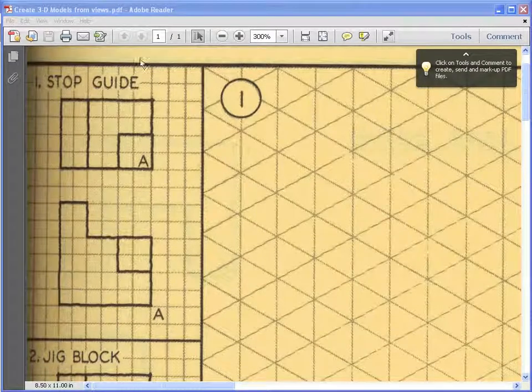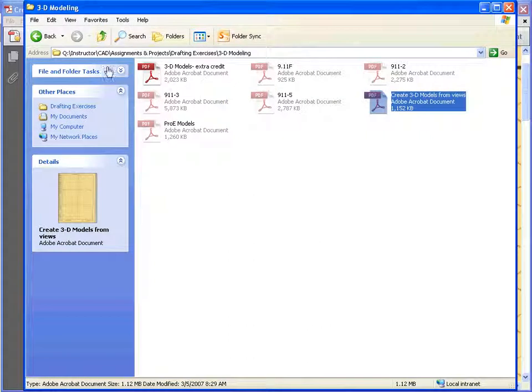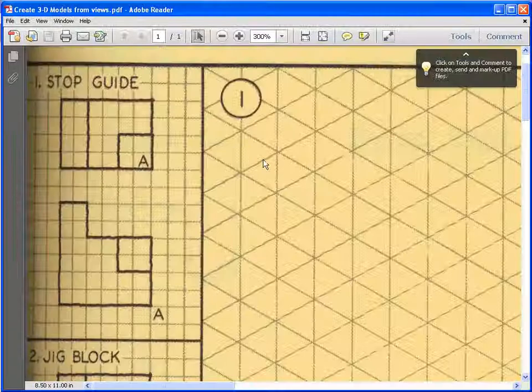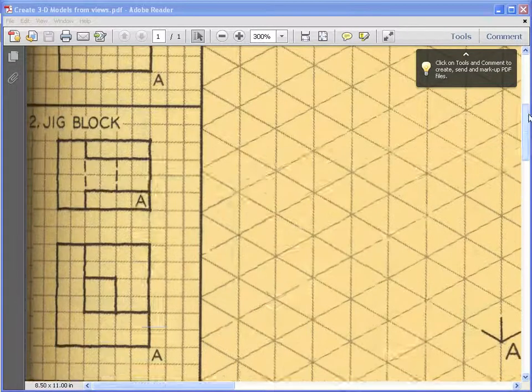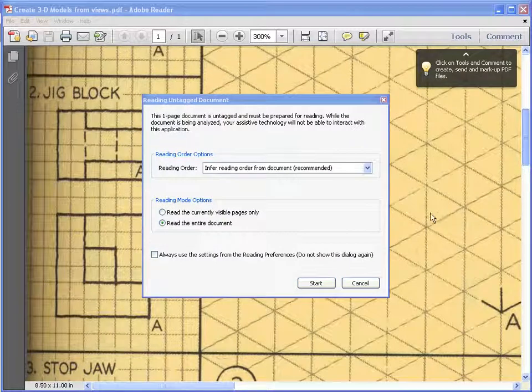All right, everybody, what we're going to be doing today is creating 3D models from views. Specifically, we're going to take this worksheet, which is in the instructor folder, architectural design, assignments, project, drafting, exercises, 3D modeling folder. It's called Create 3D Models from Views. We're going to take this worksheet. There are 6 blocks. You're going to make each one of these 6 blocks